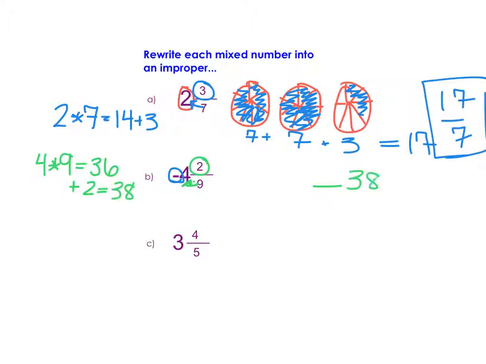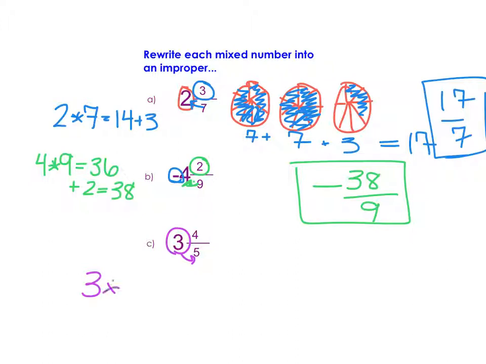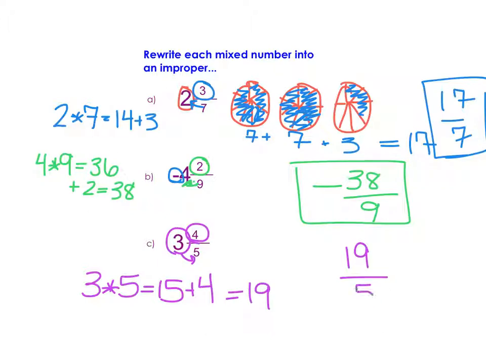So I'd have -38/9. And then finally, in this last one here, I see that it's positive to start, so I know that my answer is going to be positive. Then I can say, well, I have 3 whole pies with 5 pieces in each, so 3 times 5 is 15, plus the 4 that are in that last pie, so I have 19, so my improper fraction would be 19/